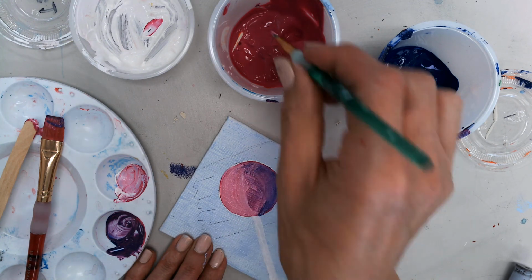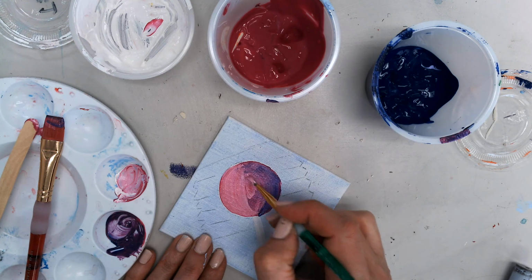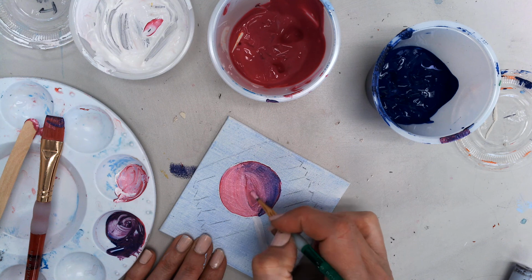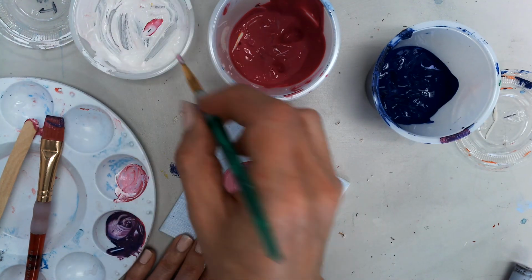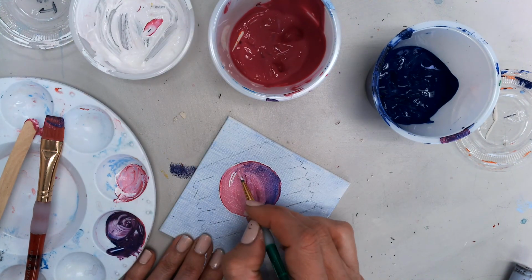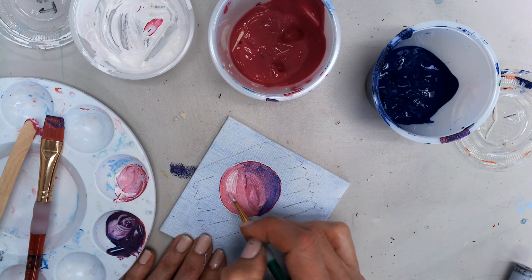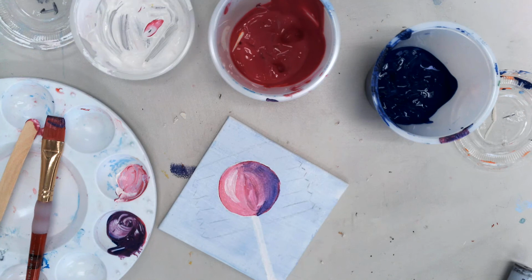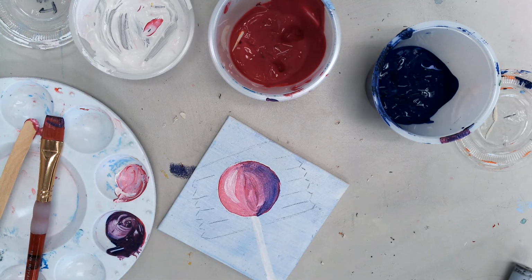If your color, like mine, is a smidge sheer, you can add a little bit of white to it to make it a little bit more solid. And then you can even add a little white shine on your lollipop as well. Next step, I'm going to grab a paper towel and just wipe my brush to create